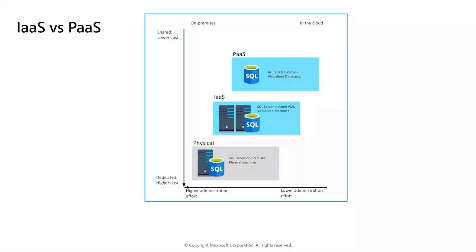Now, apart from reducing the administrative workload, Azure Data Services ensures that your databases are highly available at least 99.99% of the time. What that means is that they're guaranteed to be up and running at least 99.99% of the time. Although Azure Data Services is actually much cheaper in comparison to the IaaS option, there are still costs